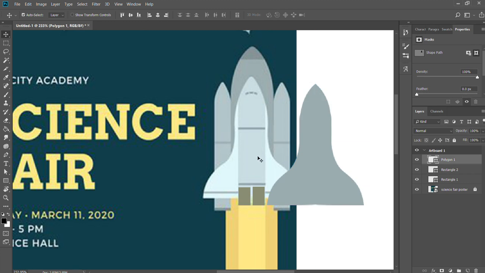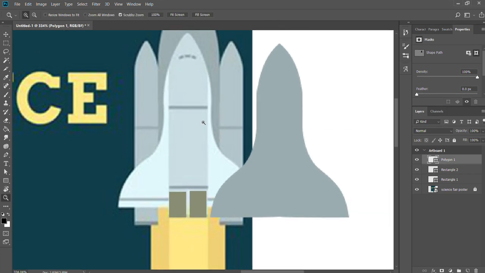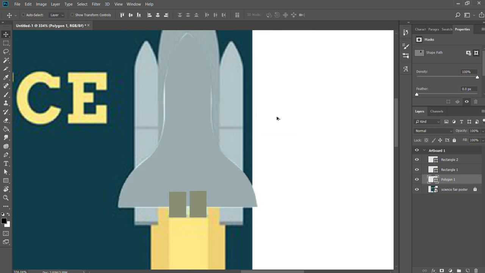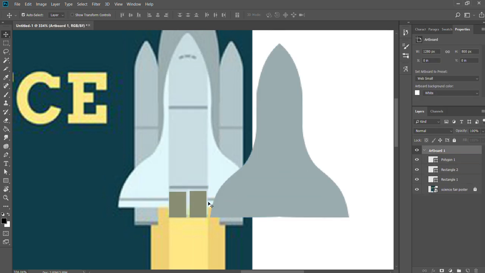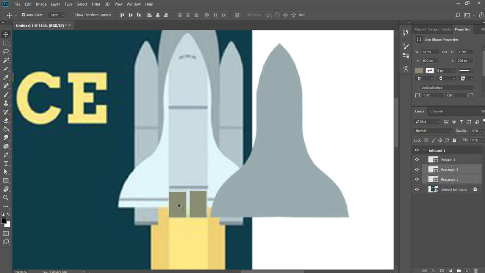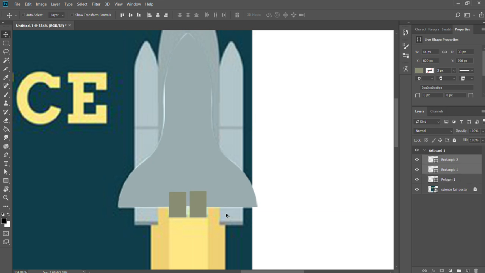Actually, what I'm going to do, let's say in this case I messed up. I just realized that I want this part to be one color and then the wings to be a different color. Well, because I combined them, I can't do that anymore. I'm just going to undo all the way. Actually, before I do that, I'm going to select these two, and I'm going to copy, because when I undo, to go back before I combined or merged these two pieces right here, I'm going to lose this, but